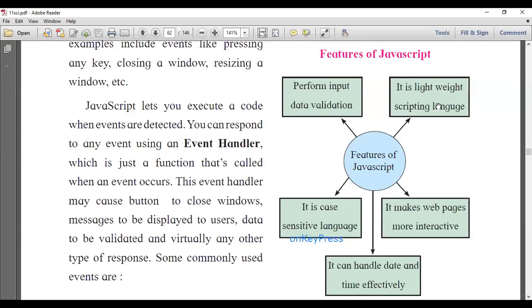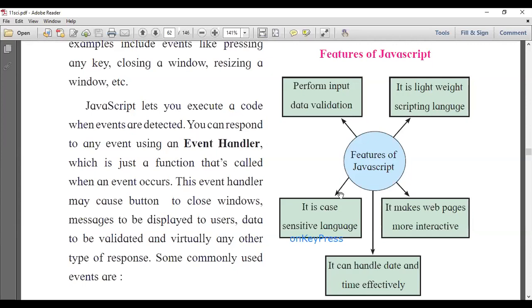When you don't require a compiler to execute a program, then that type of language is called a lightweight scripting language. So this is the second feature of JavaScript.